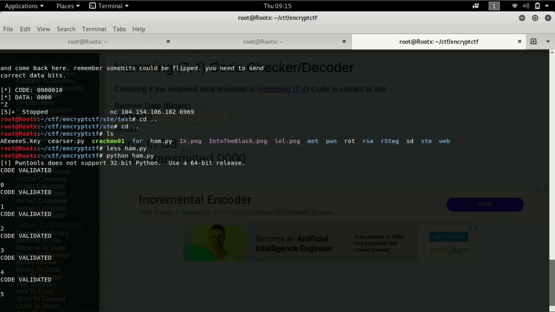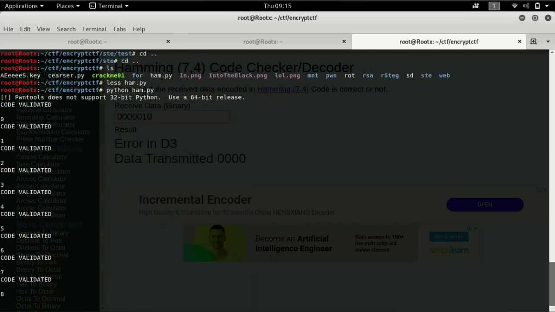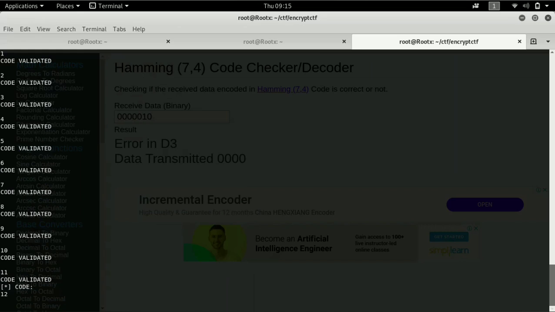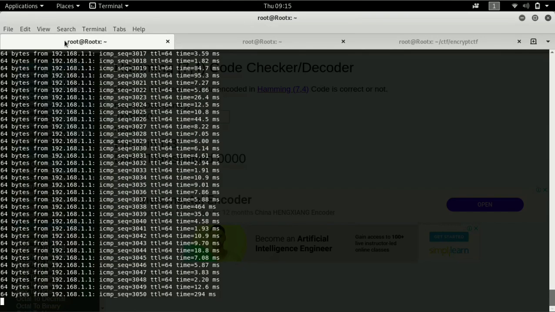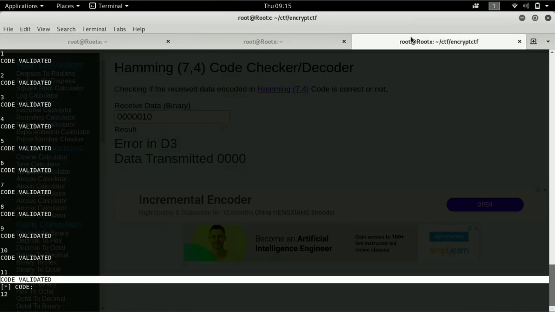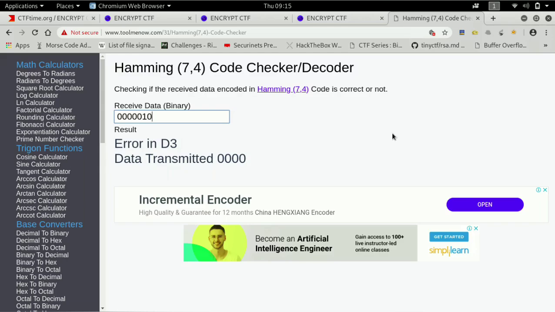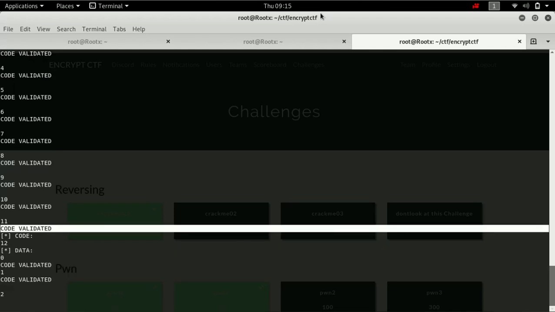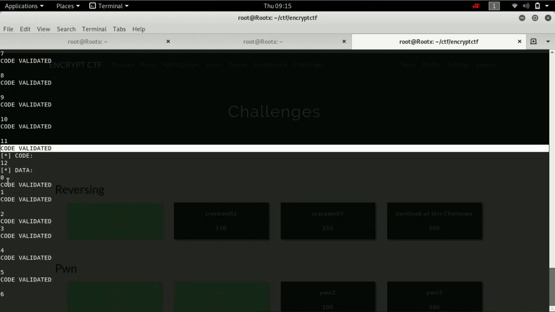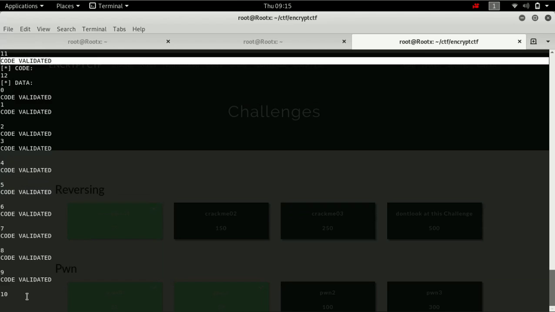Okay, but the problem is 100 times. If we solve the code 100 times, then only. But here you can see at the 12th I got hung up with this nc. It took some time to solve this Hamming code. Once 100% is successful, then only can we get the flag. Sometimes I got 98, then it hangs.